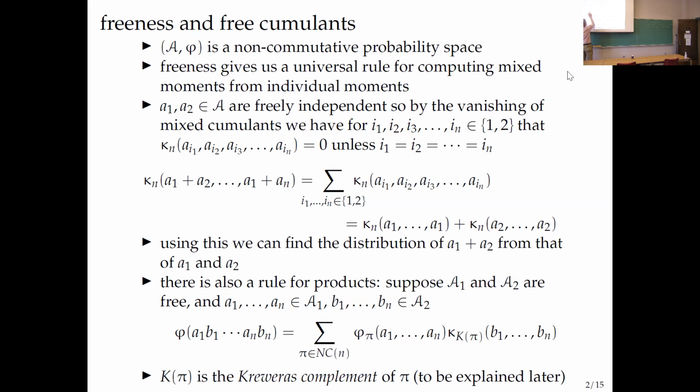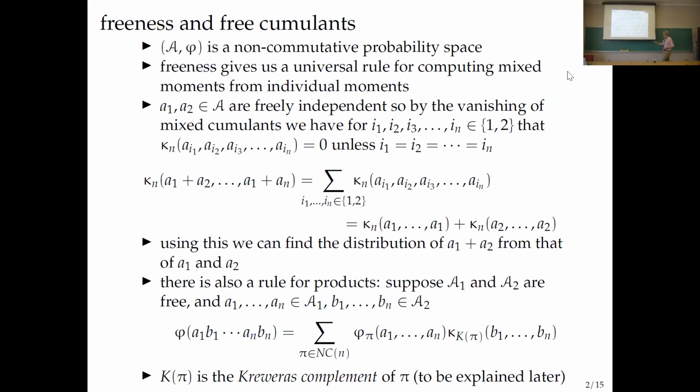A1, every entry is the same, A1 plus A2. Yeah, so A1 and A2 are free. And this is the one where we use multilinearity. So you look at all possible ways of putting a 1 or a 2 in. I1 up to IN could be either 1 or 2, but they're all 0 except the case where you either have all 1s or the case where you have all 2s. Okay, sorry about that, thanks.